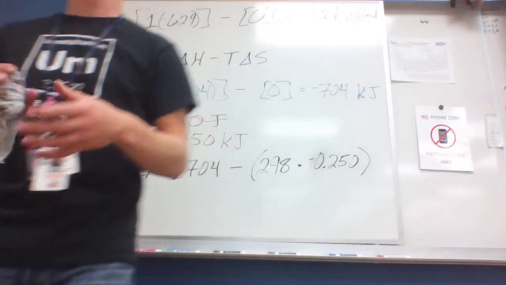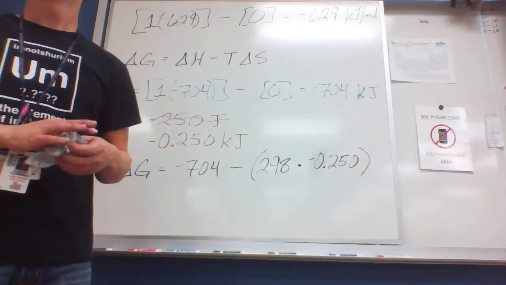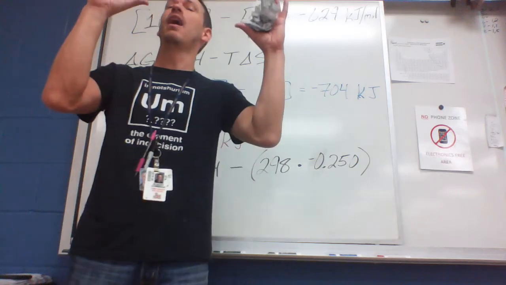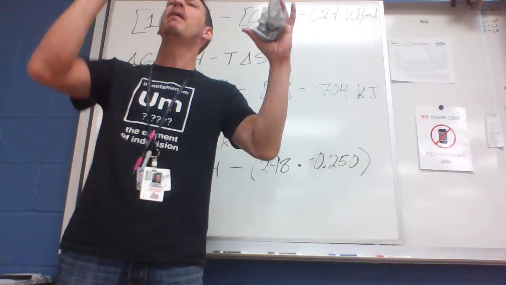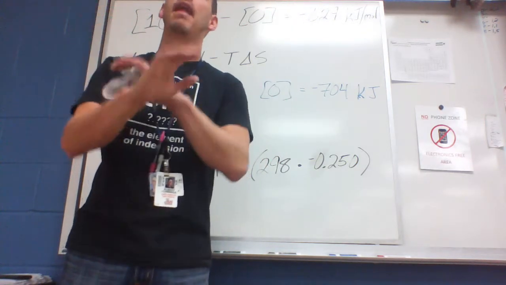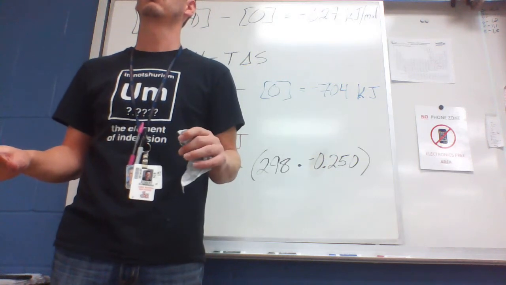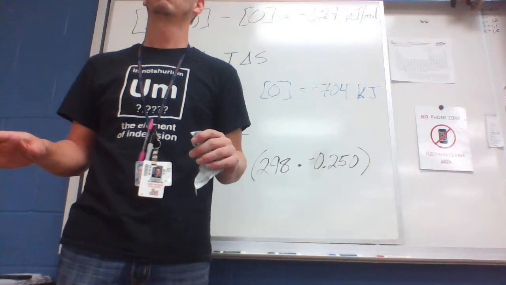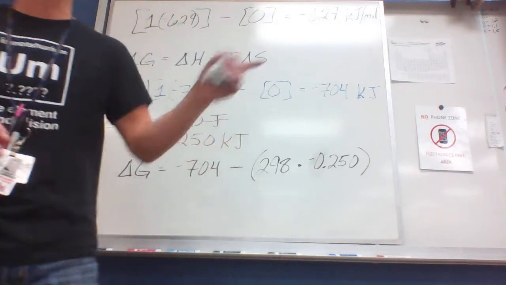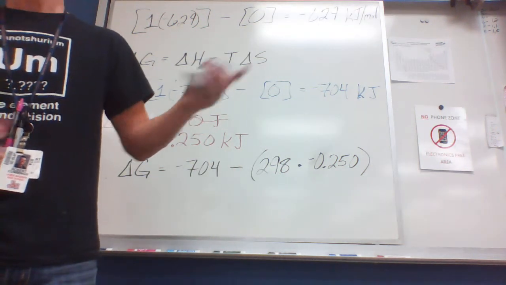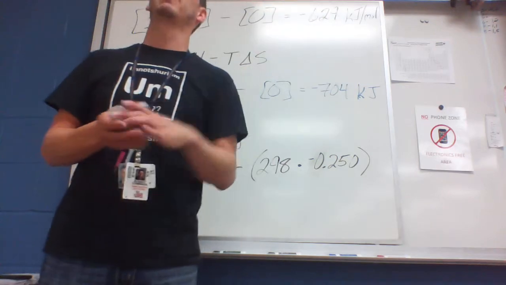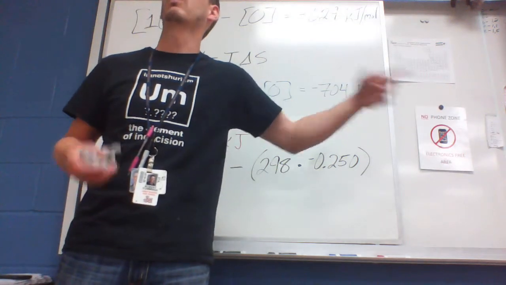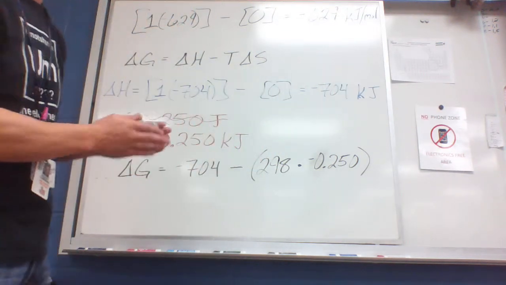Why is temperature 298? Because everything we pulled our numbers from had the naught sign telling me that everything was under standard conditions. Would they give you a temperature? It all depends on the way they're doing it. Like this next one, temperature is missing. We're going to be solving for it, so it could be anything.